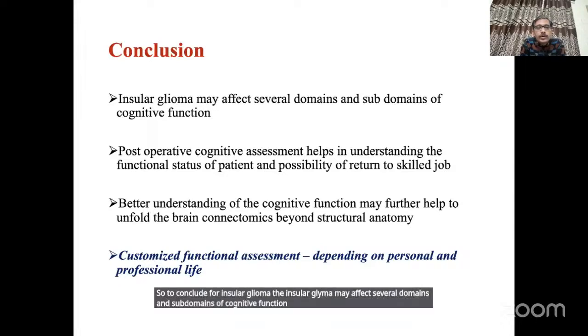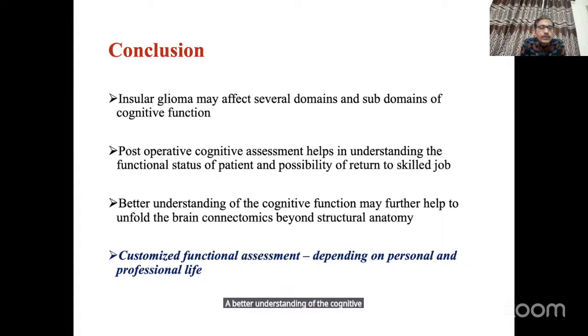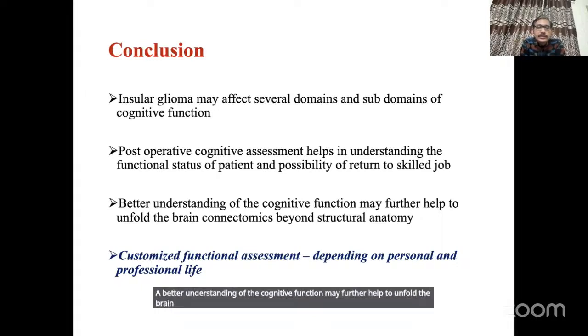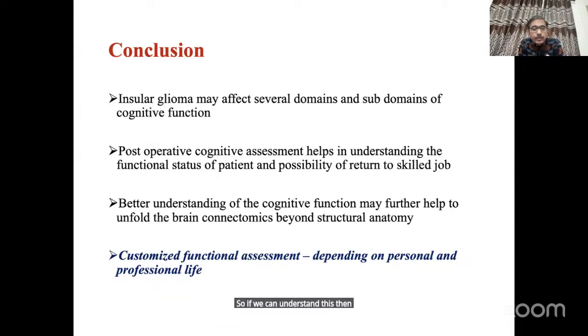The postoperative cognitive assessment usually helps in understanding the functional status of the patient and the possibility of return to their skilled job. A better understanding of the cognitive function may further help to unfold the brain connectomes beyond the structural anatomy. So if we can understand this, then we may be able to customize the functional assessment scales,